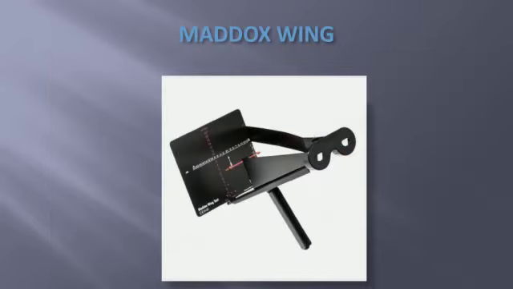So this is a Maddox wing, and the test that we're going to perform with this particular instrument is a Maddox wing test. A Maddox wing is actually an instrument by which the amount of phoria for near distance can be measured. Now with near distance here, I mean a distance of 33 centimeters. And this is again based on the same principle that the dissociation of fusion by dissimilar objects would make a latent squint become manifest.